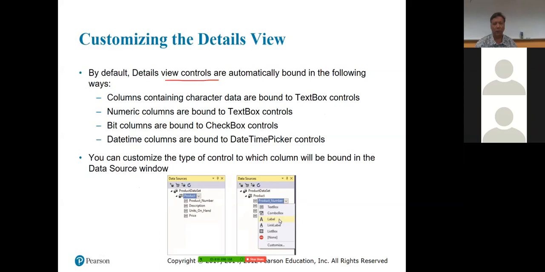By default, the view controls are automatically bound in the following ways. Columns that contain character data are bound to text box controls. Numeric columns are also bound to text box controls. Bit columns, checkboxes, are automatically connected to checkboxes. And date-time columns are automatically bound to date-time picker controls. You can customize the type of control you want in the data source window. And to see that, you can,